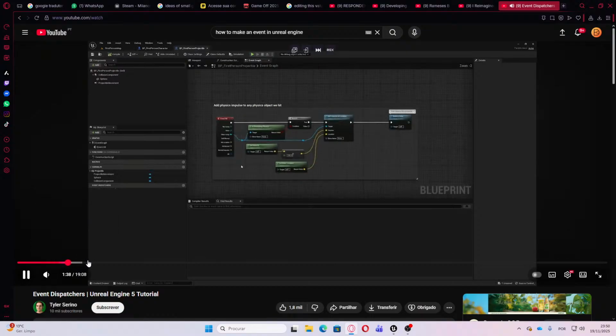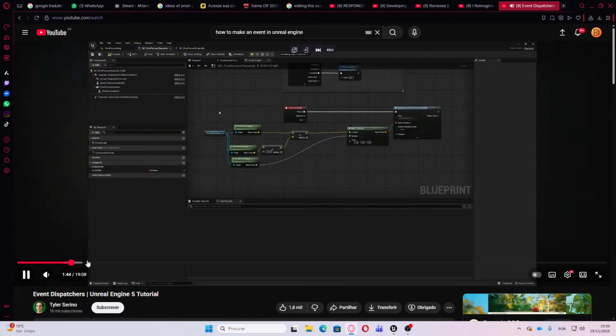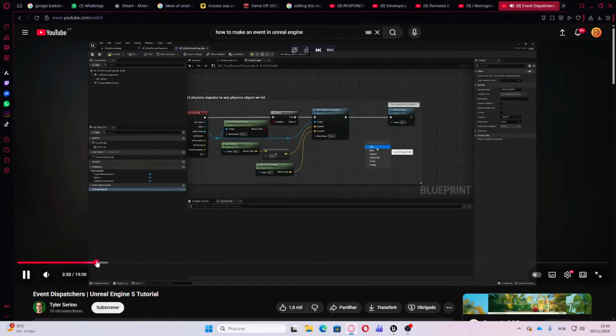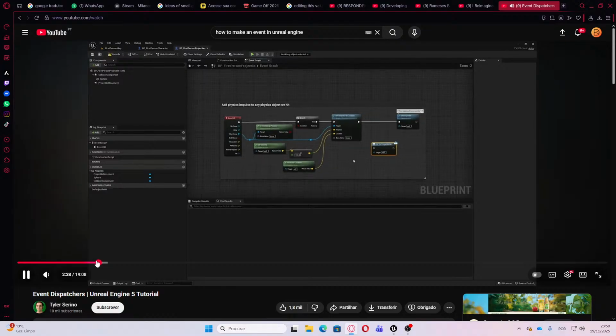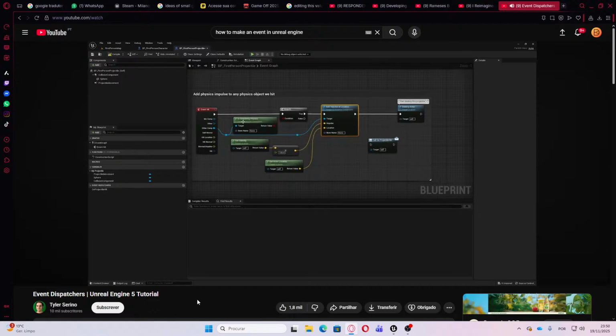Some downsides to doing that. Namely, the projectile is then always going to need a valid reference to the first person character to work properly. Inside the first person projectile, to worry about right now is call, and this just calls that event dispatcher, much like a function or an event. And in this case, we're going to call it if we are in fact hitting a physics object. So right before the destroy actor, I'm going to plug this in,